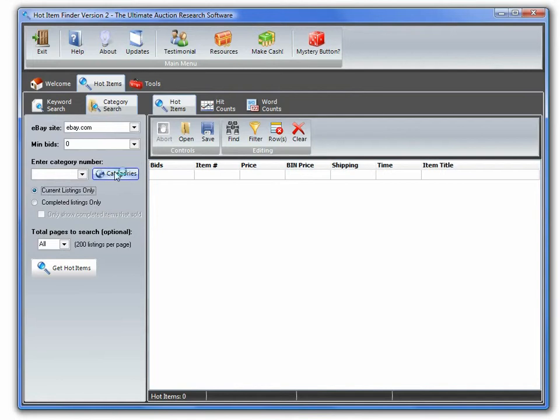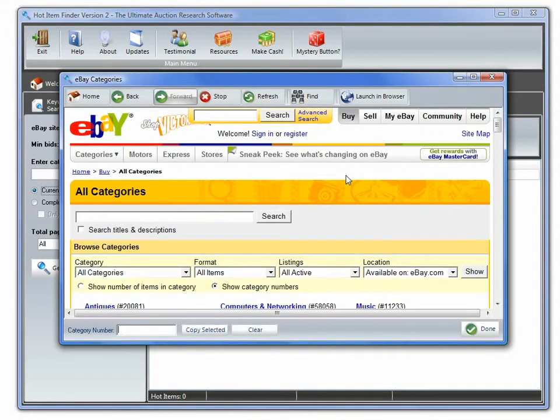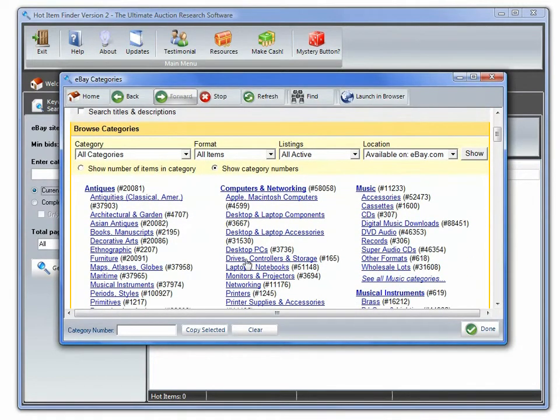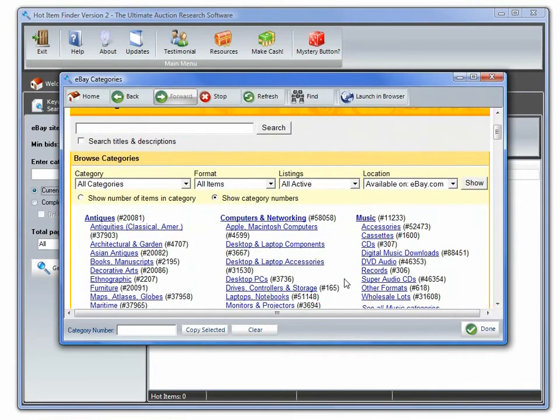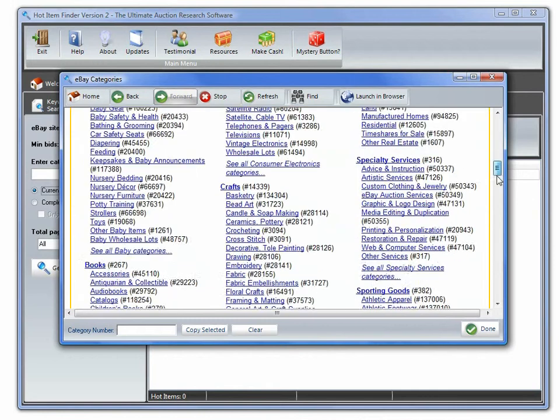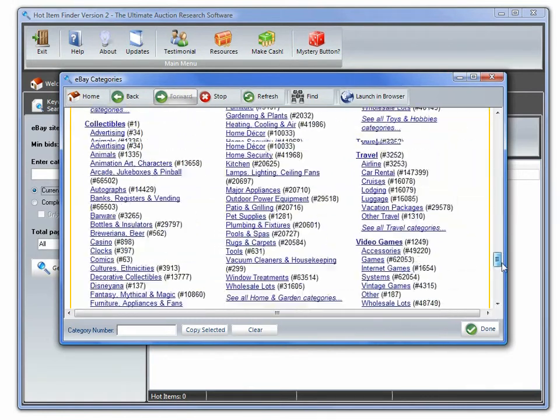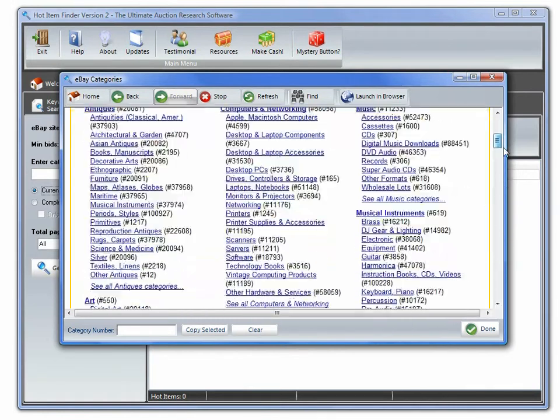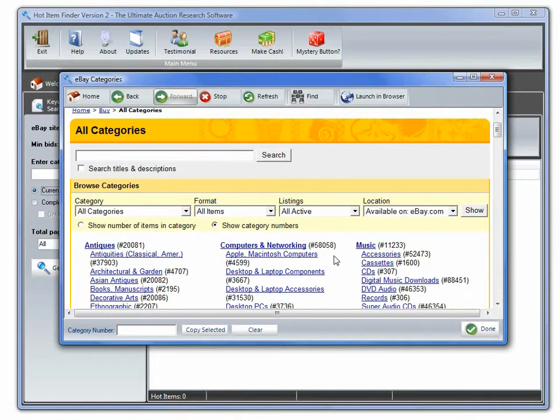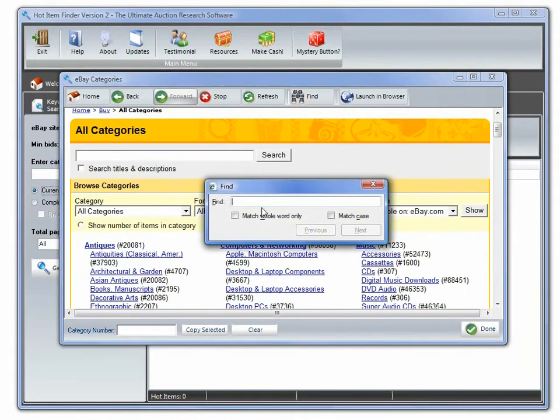I'm just going to click the categories button here, and it brings up a built-in HTML web browser. Now what you do here is you find a corresponding category that you would like to search. If you scroll down, you can see there's a lot, and it can get difficult trying to find which category you're interested in. What you can do is utilize this little button up here, the find button. You just click that and type in a keyword. Let's say you're interested in, let's make something up here,